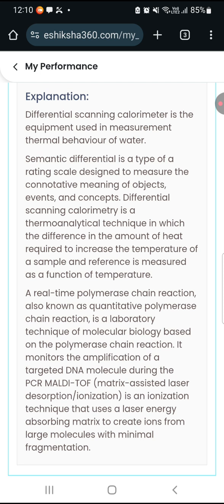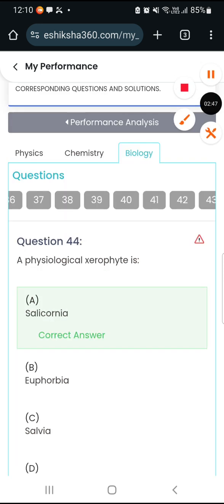MALDI-TOF, matrix associated laser desorption ionization, is an ionization technique that uses a laser energy absorbing matrix to create ions from large molecules with minimal fragmentation. A physiological xerophyte is? Answer: